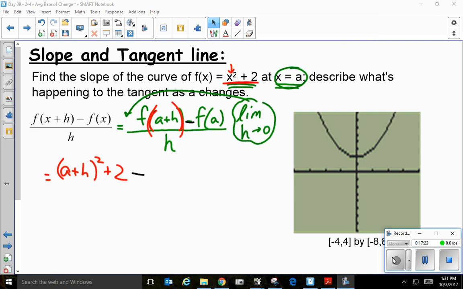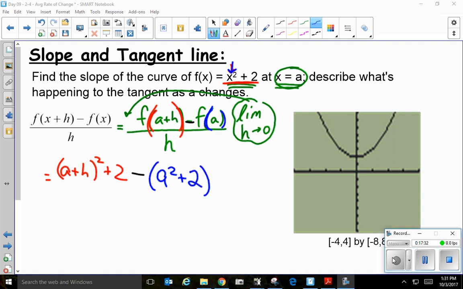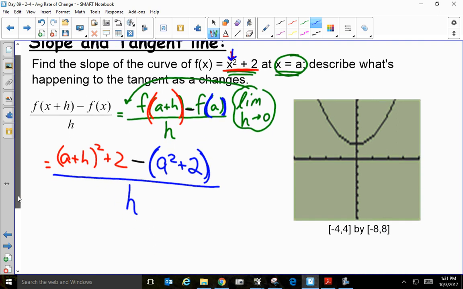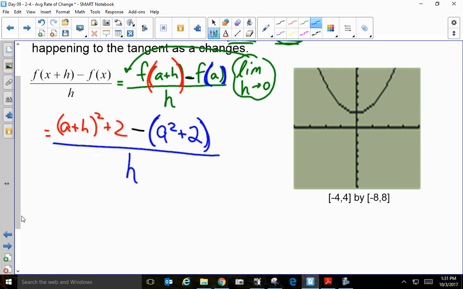Minus putting an a in for x. That would just be a squared plus 2. I'm subtracting the whole function, so make sure you put parentheses around this, all over h. If you've done this right, this will be beautiful every time. Let me explain. I'm going to FOIL this out. I have a squared plus 2ah plus h squared plus 2. Okay? Now I'm going to distribute my negative sign up top. Minus a squared minus 2